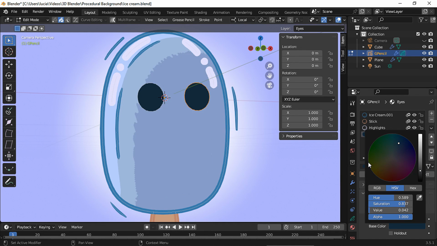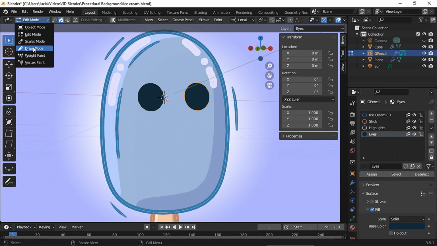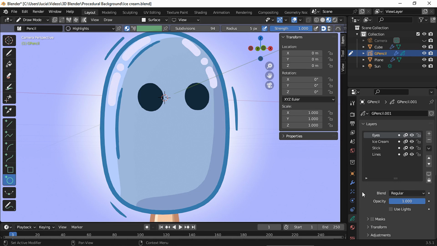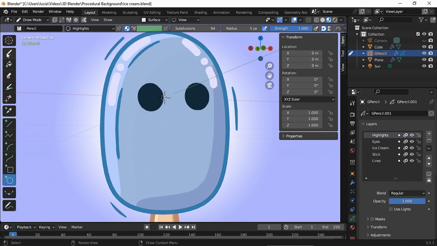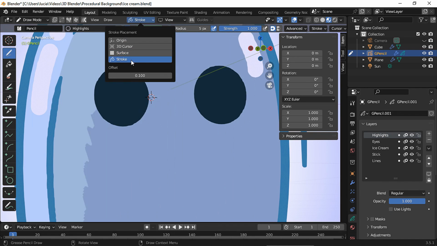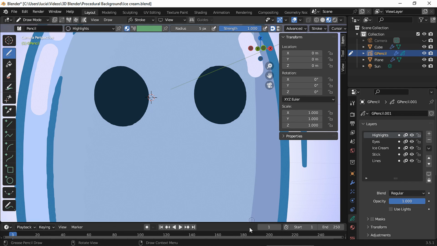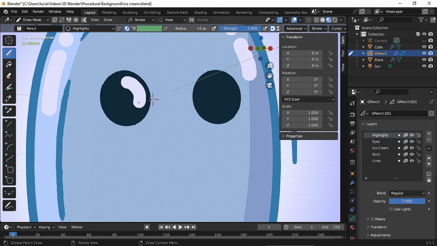For the eye highlights, select this white material we already have, add a new layer. I'm gonna change my placement to stroke, disable the radius pressure, draw a curve on each side, and now a dot.